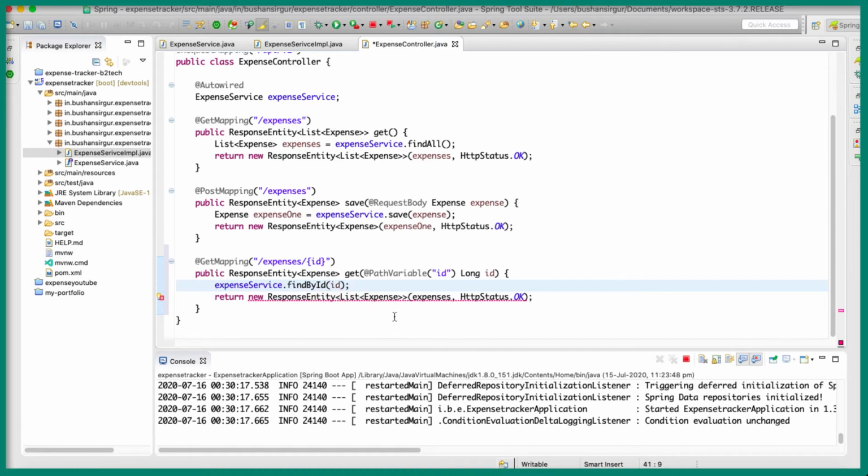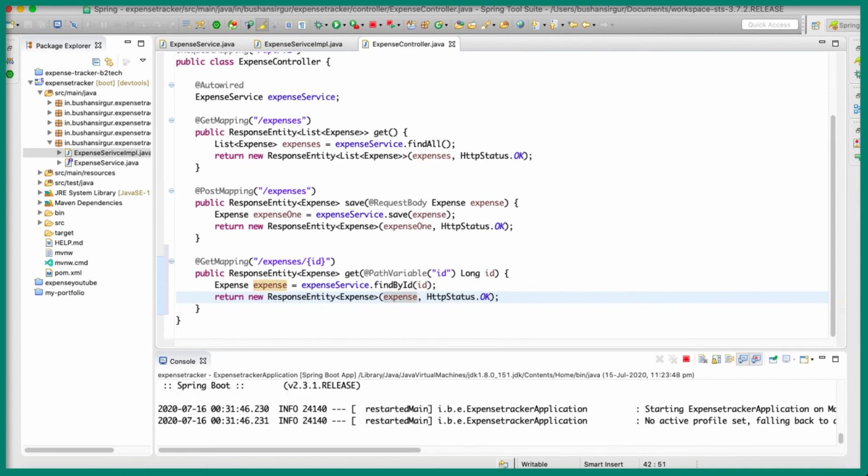This is going to return an expense object, and we're going to pass this expense object to this, and let's change this to expense. This is not a list, and also we are going to return the status okay. So let's save this. Now the REST endpoint is ready.